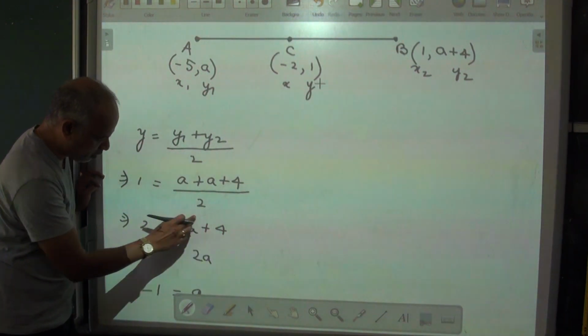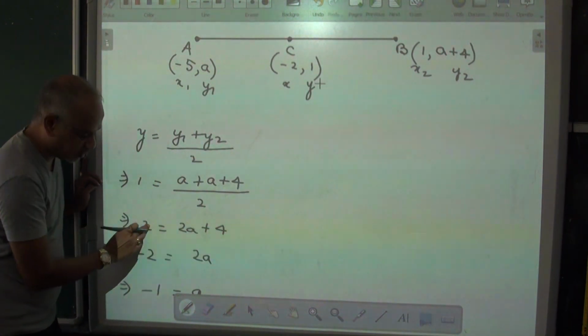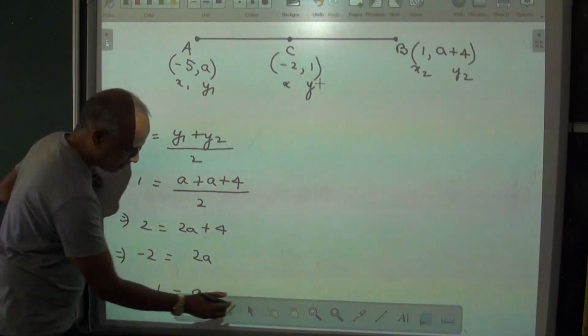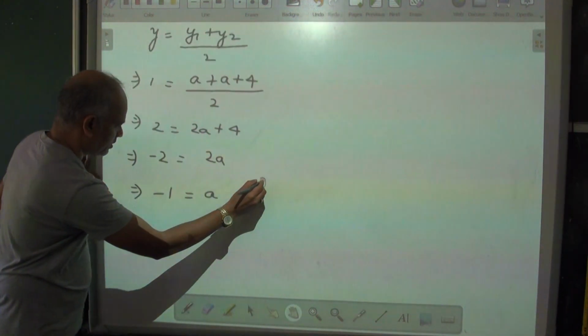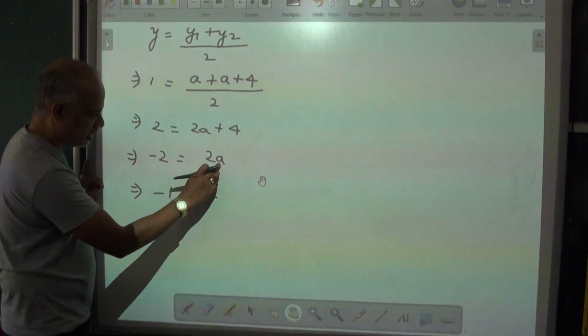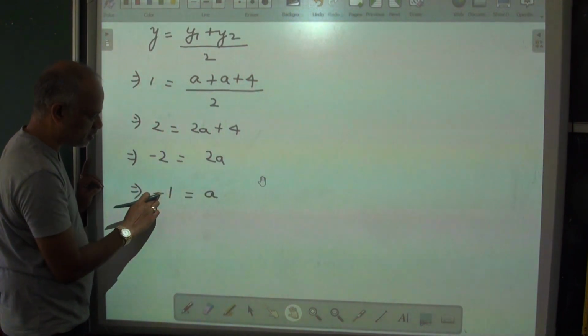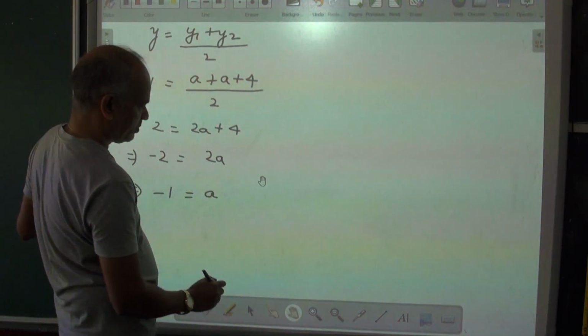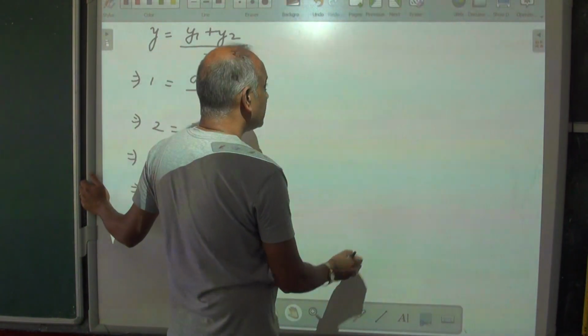2a is equal to, the 4 comes this side, 2 minus 4 gives you -2. So bring the 2 this side. a is equal to -2 divided by 2. That's -1. So that's the first question. The next one